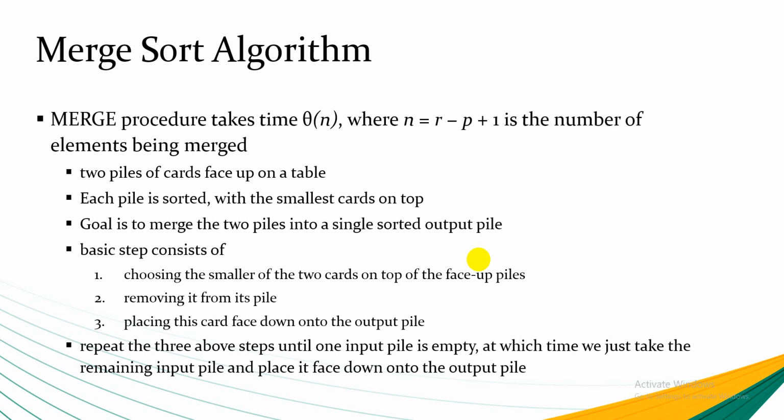And we know that when we say the smallest, we will start with the first element, then the second element every time, because the two subarrays are sorted. So we repeat the three above steps until one input pile is empty, at which time we just take the remaining input pile and place it in the output pile. So let's see here